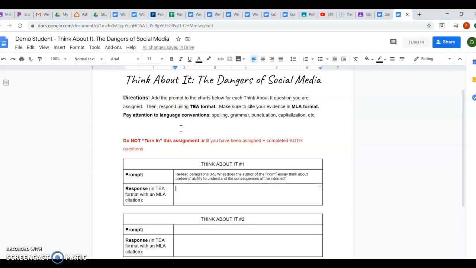Let's restate the question. The author of the point essay thinks that preteens, now you're going to finish it in your own words. Explain what they think about preteens' ability to understand the consequences of the internet. So you're going to finish this sentence in your own words.